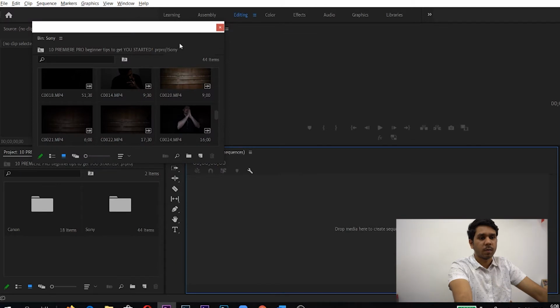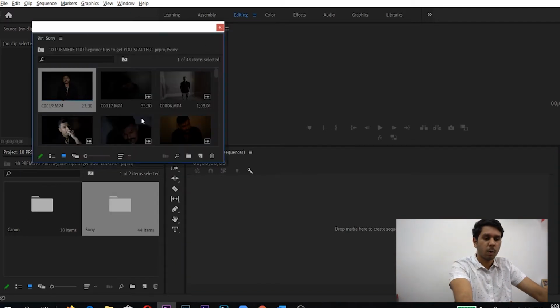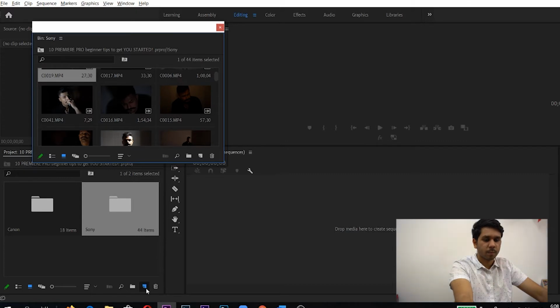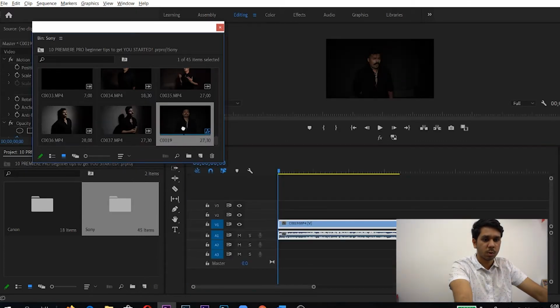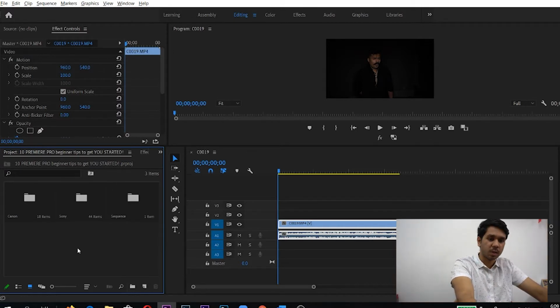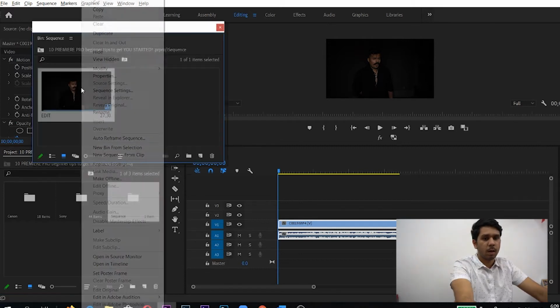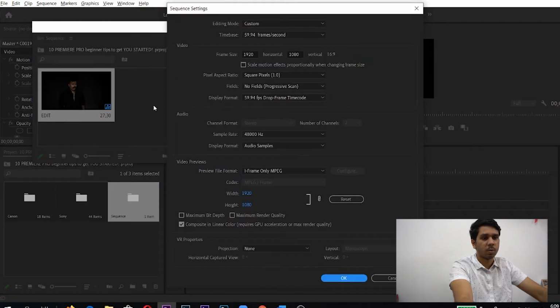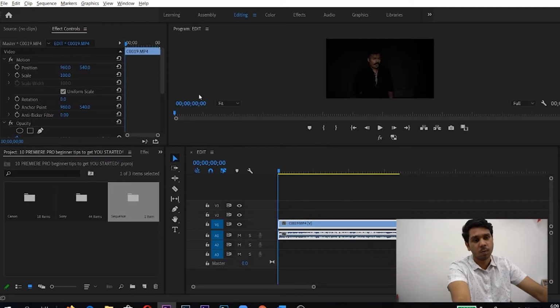So now I have all my footage ready in two separate bins. So what I'm going to do is click on one video and drag it to this icon here. So this right here, this is your sequence. So you can drag that out and put that in a separate bin. It's just good practice to have separate bins for your footage, for your music, for your audio files, for your sound effects. So it just makes it easier and it keeps it clean. And now it's got all the right settings according to my video. So it's shot at 60 frames, so my sequence is 60 frames. It's a 1080p file. And yeah, that's about it. So that's how you make the right sequence.